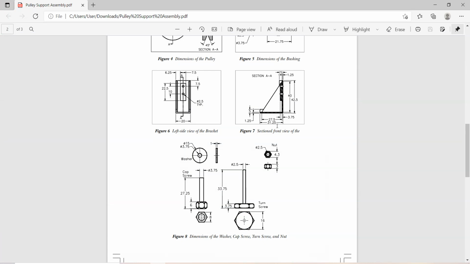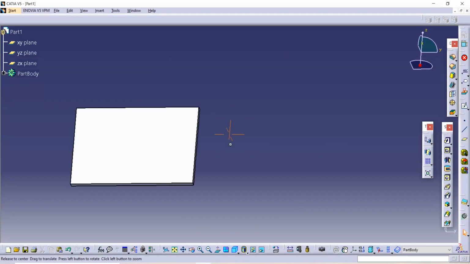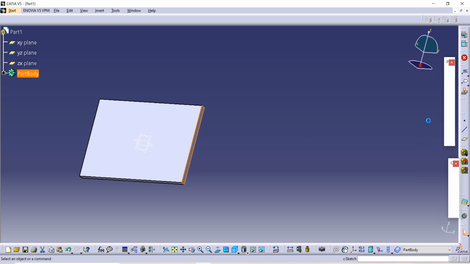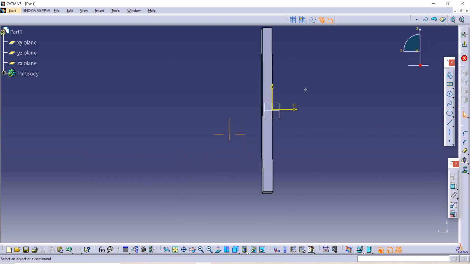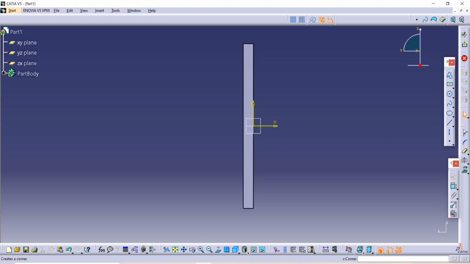The given length is 42.5, so let's make it. Now we have to sketch it on this plane, so select it and then go on the sketch option. After that use this projection command to project one side of this.